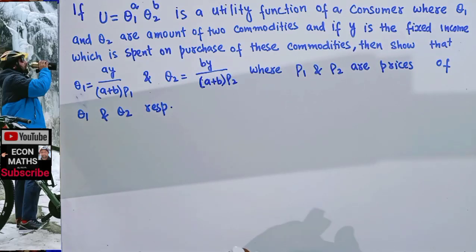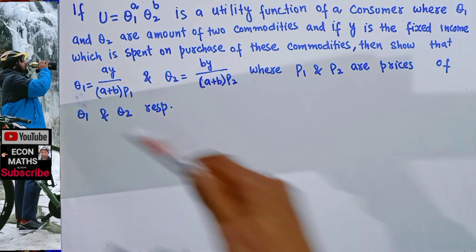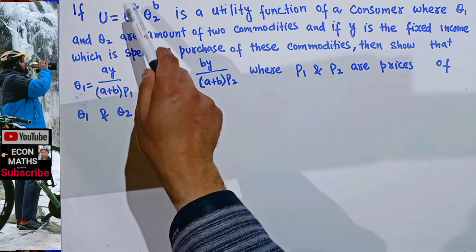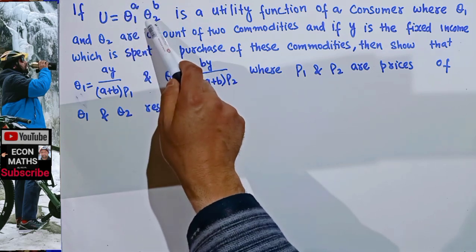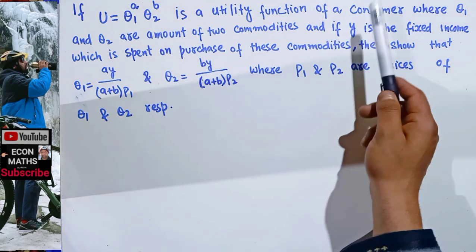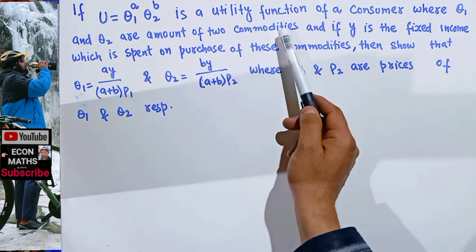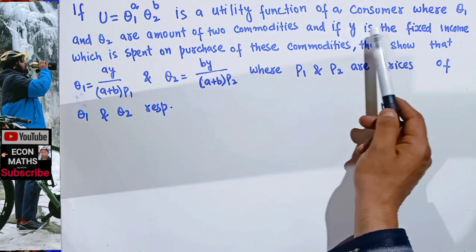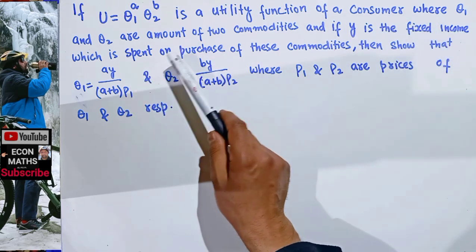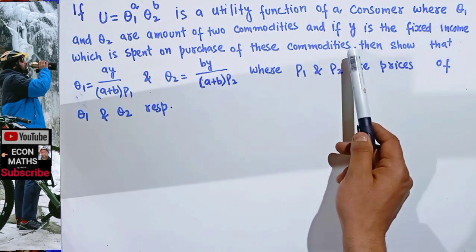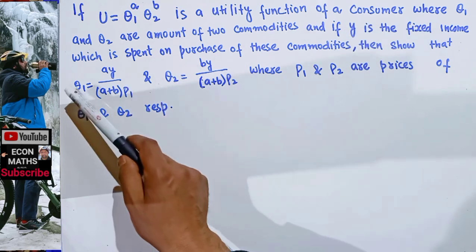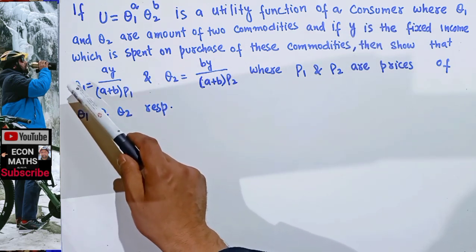Let us solve a question on utility function. The question is, if u is equal to q1 raised power a times q2 raised power b is a utility function of a consumer where q1 and q2 are the amount of two commodities, and if y is the fixed income which is spent on purchase of these commodities, then show that q1, that means demand of good q1, is